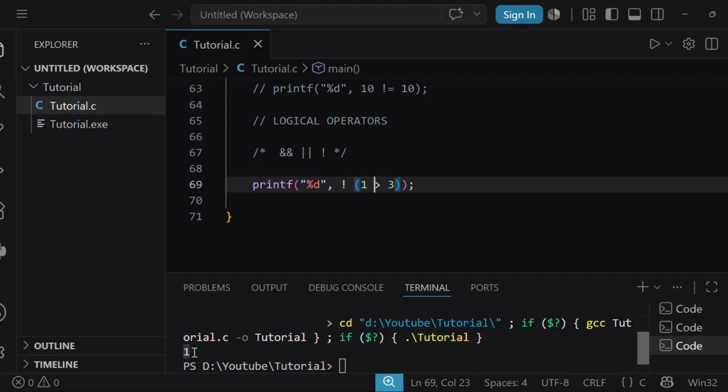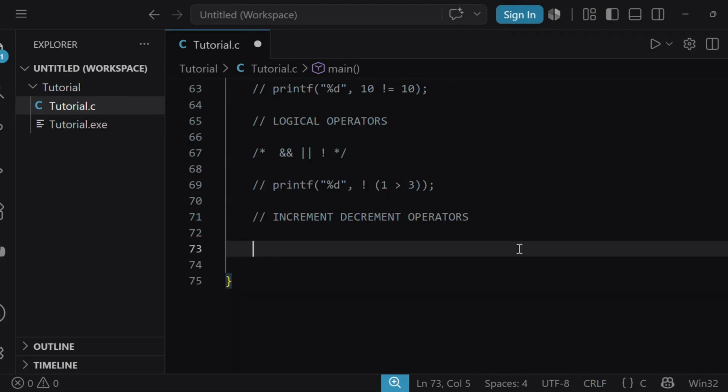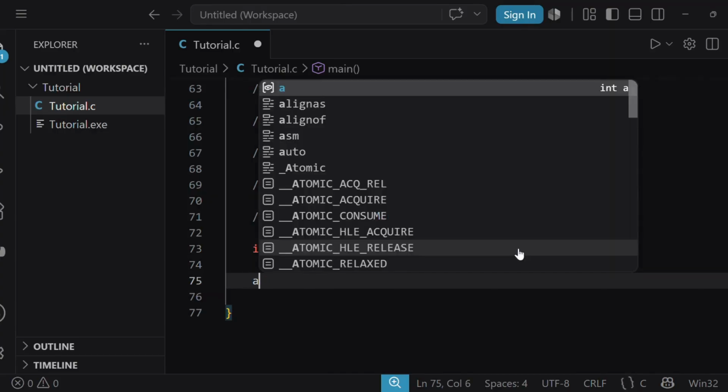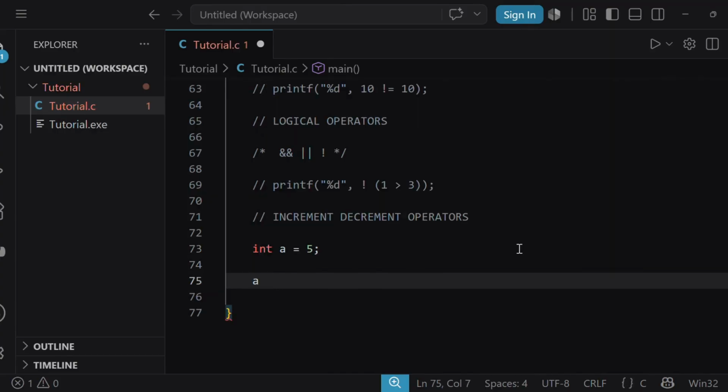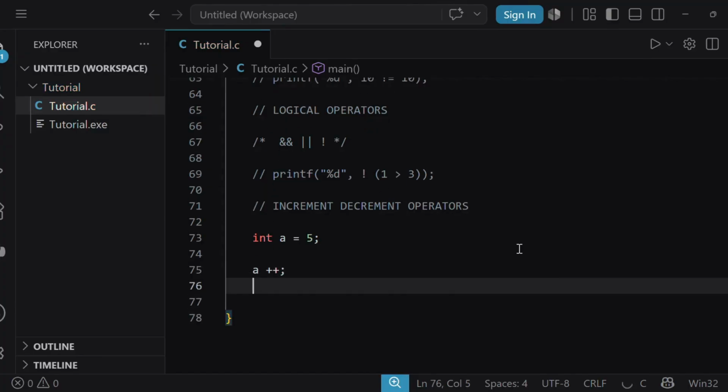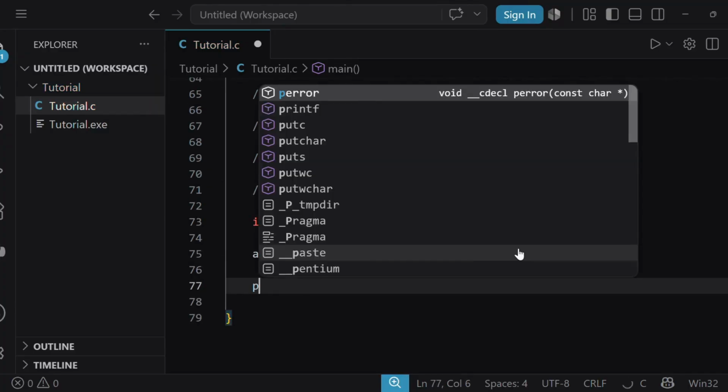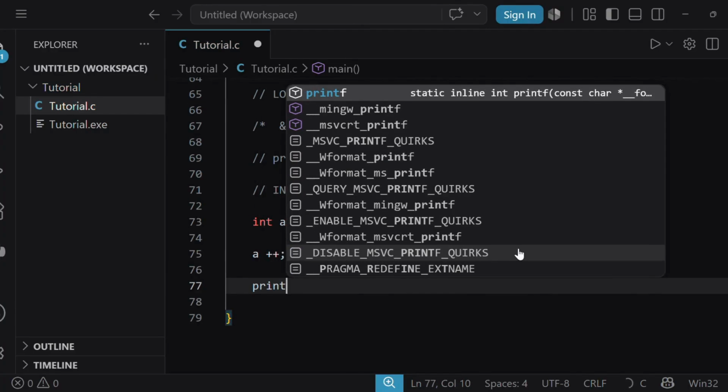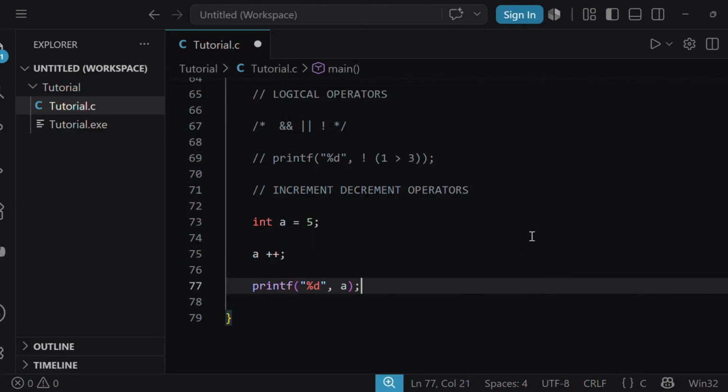There are two more operators called increment and decrement operators. The increment operator basically increases the value of a variable by 1. Say I write int a equal 5 and then I say a plus plus. What it basically does is increment this 5 by 1. Now let us run it.